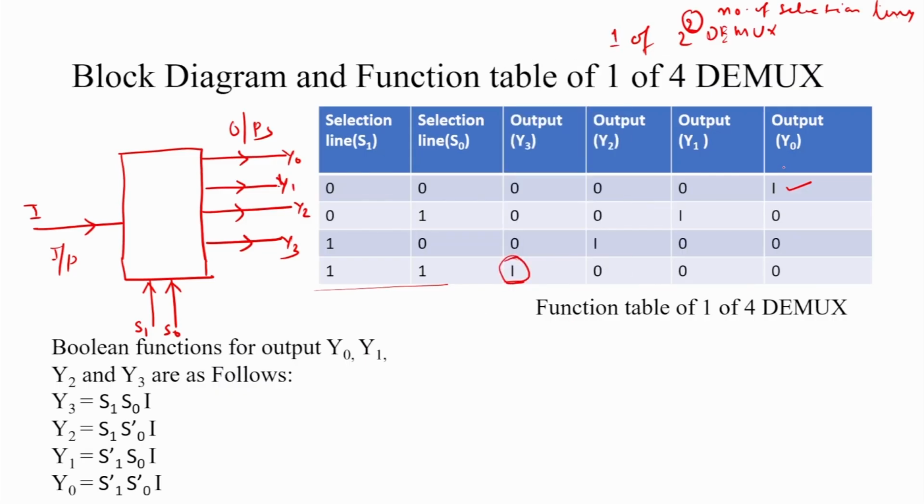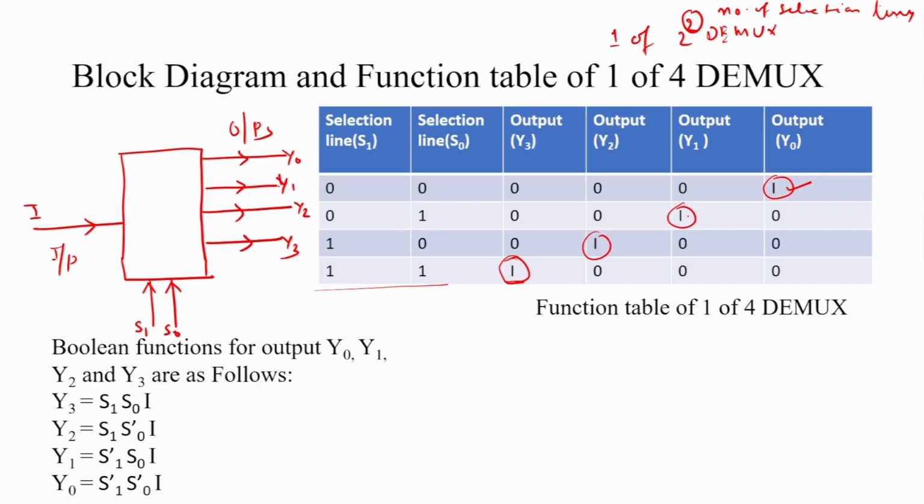Whatever the value of I, either 0 or 1, the output is the same. When the selection lines are in the combination 0 0, whatever the value of I is, 0 or 1, that is reflected through output y0. Similarly, when the input selection lines are 0 1, whatever the value of the input,